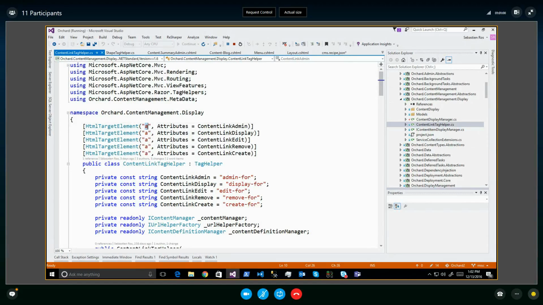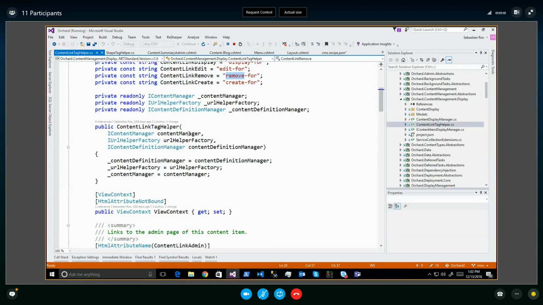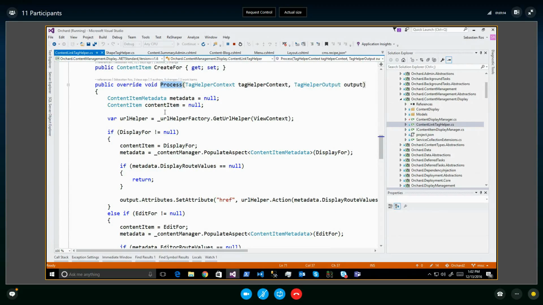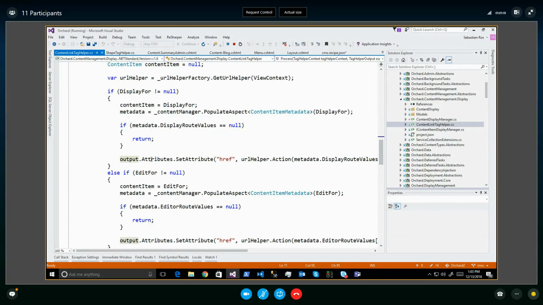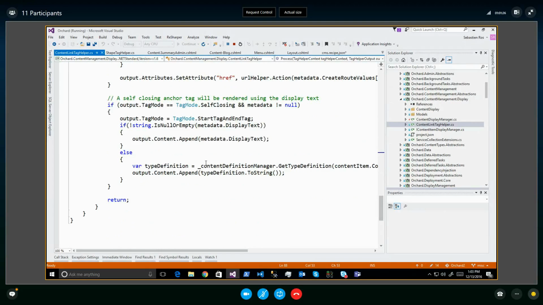So every time you see an A, if it has the admin display, edit, remove, or create thing, which is admin for, display for, edit for, remove for, and so on, then execute this thing. And execute is actually called process, or process async. And you have the output, and you render what you want. And you can reuse the attributes which already were defined. You see here, I'm defining the href, but I'm also at the end, whatever happens,